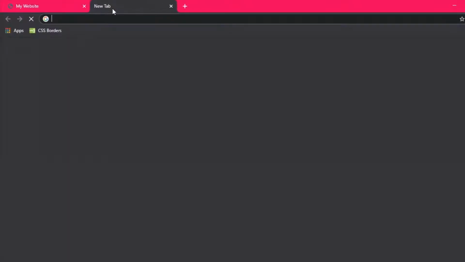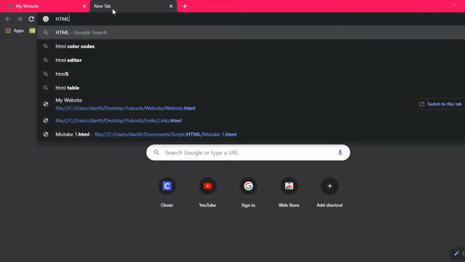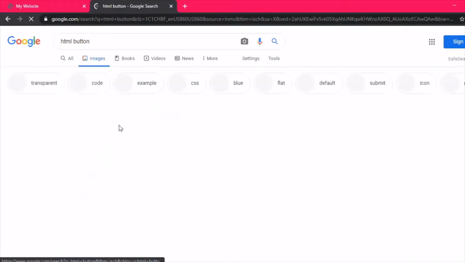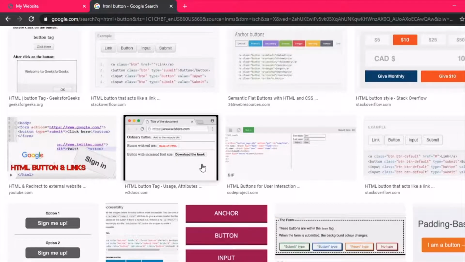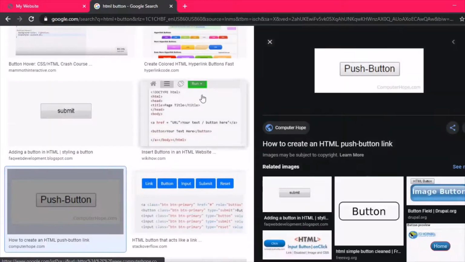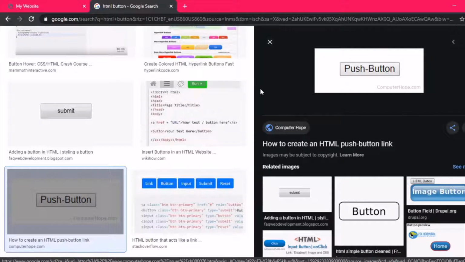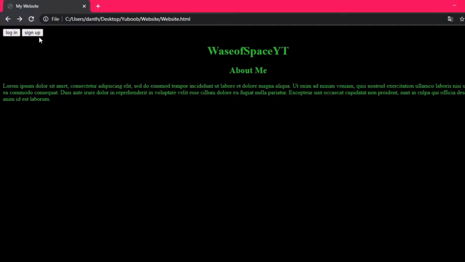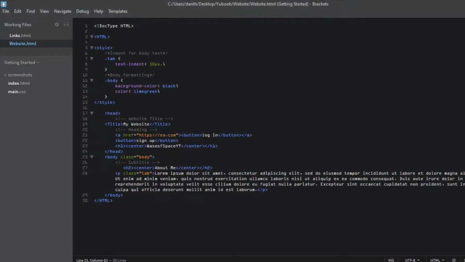I'm gonna search HTML button to show you how they usually look, what I'm used to. None of these. This one. Just boxes with words. Now they look a little more stylish. A little curved. Nice look to them, I guess. But there's also